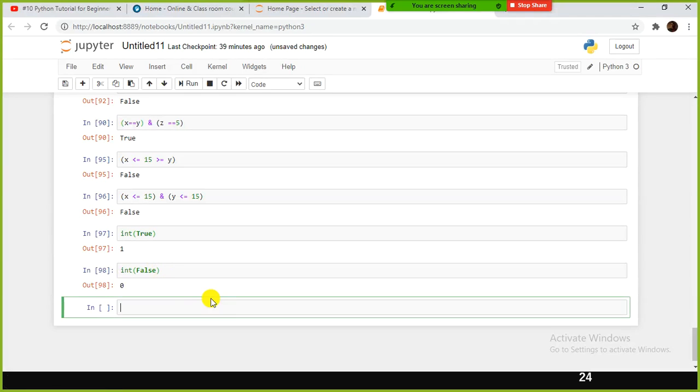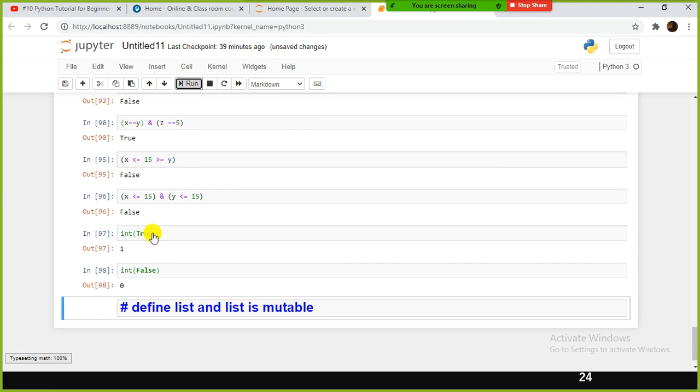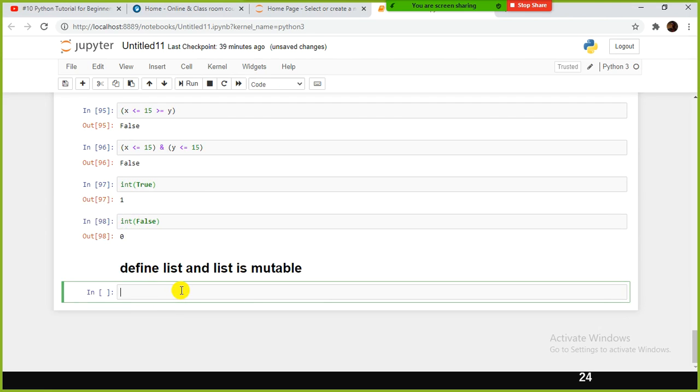List is the fundamental data structure in Python. Even in R it is there, the list. So how do I define a list? Using the square bracket. A list is mutable. What is mutable? Modifiable. You can modify the value.